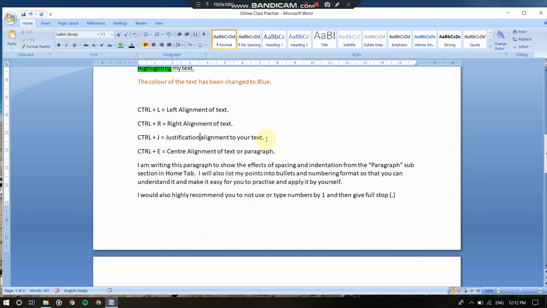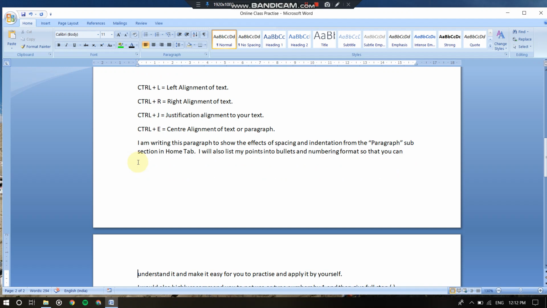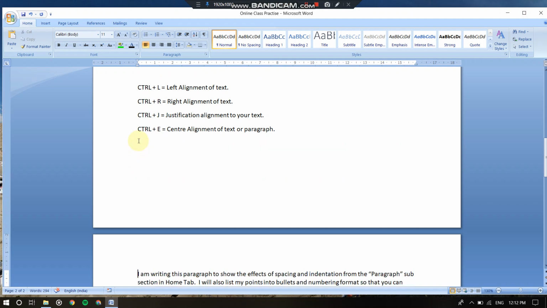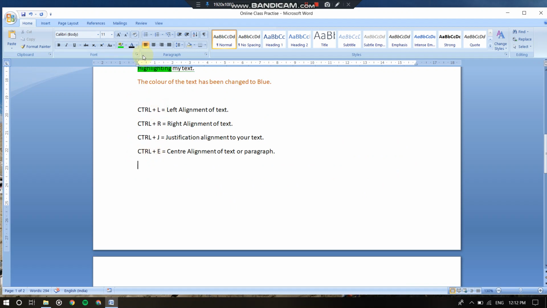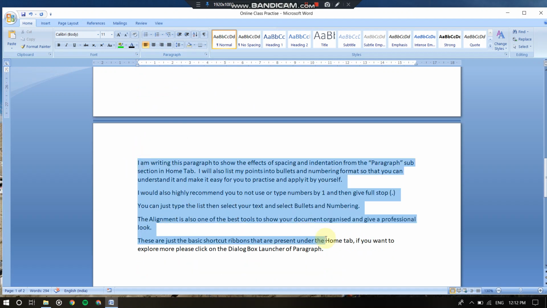Then this was my paragraph. So these are the shortcut keys for your alignment, that is left, center, right, and justify. Since this is my paragraph, I would like to do right alignment, so just hit Ctrl plus R.